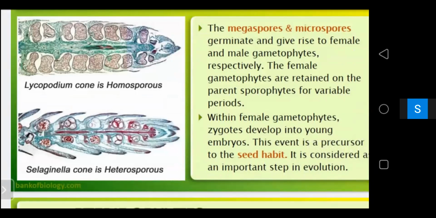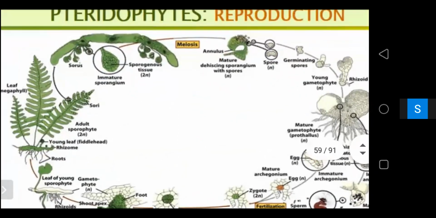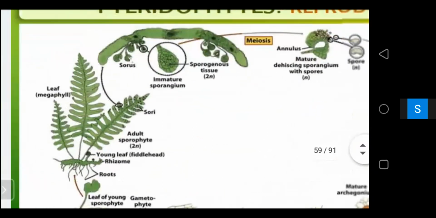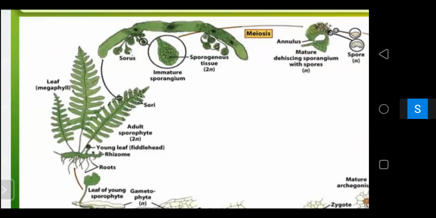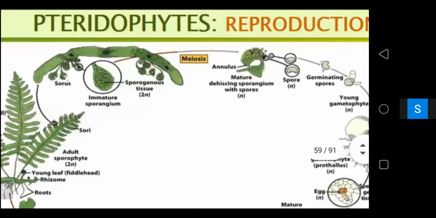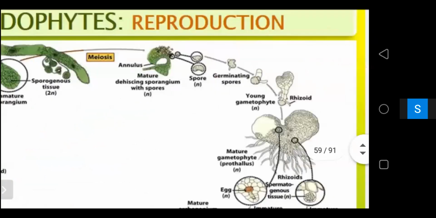You can see the overall life cycle of pteridophytes. The main plant body is the sporophyte, which is diploid. It produces spores in the sporangium through meiosis. After meiosis, spores are formed. After that they germinate and form the prothallus, a free living gametophyte that is photosynthetic. It also bears both male and female sex organs,